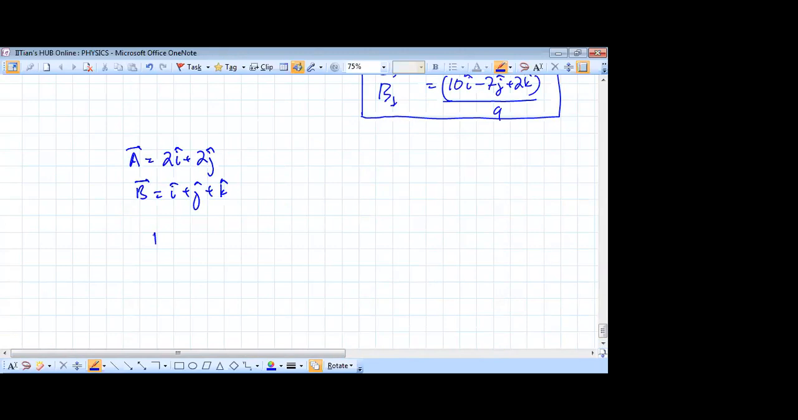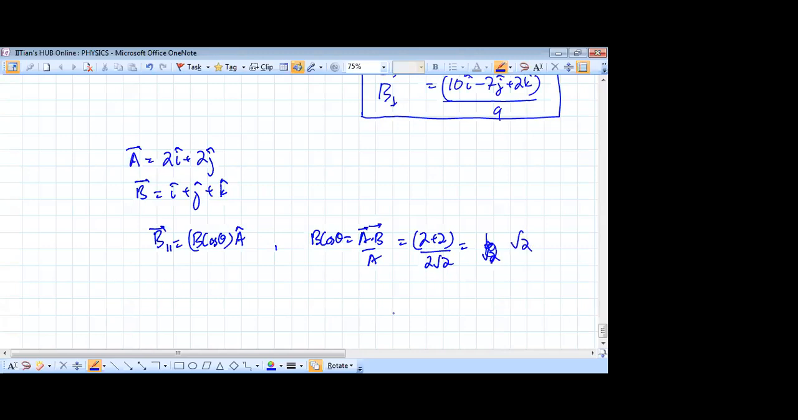Okay. So you can see that B's parallel component is B cos theta into A cap. So B cos theta is A dot B divided by mod A, and A dot B is 2 plus 2, and mod A is 2 root 2. So it is 1 by 2, so it's root 2. Okay. And A cap is vector A divided by its own magnitude. So it is 2i plus 2j divided by